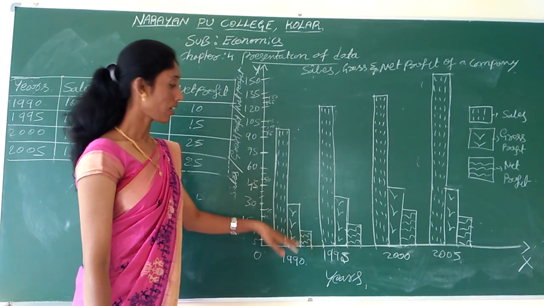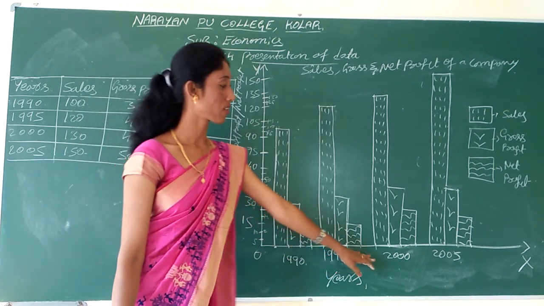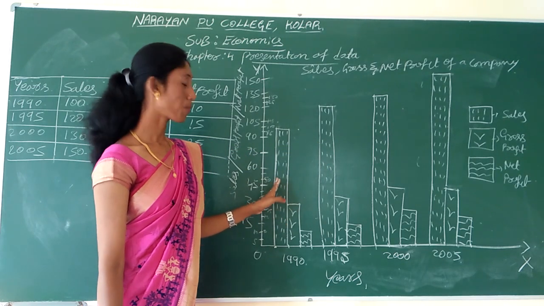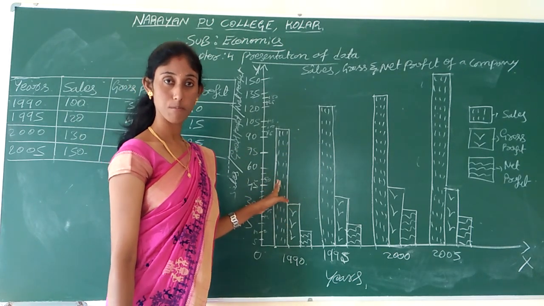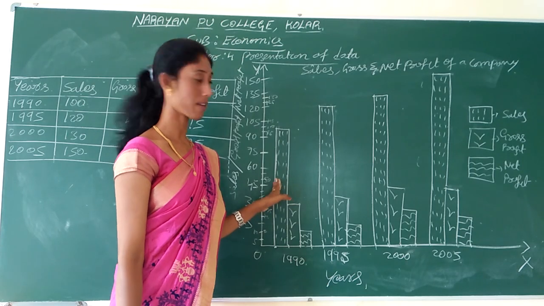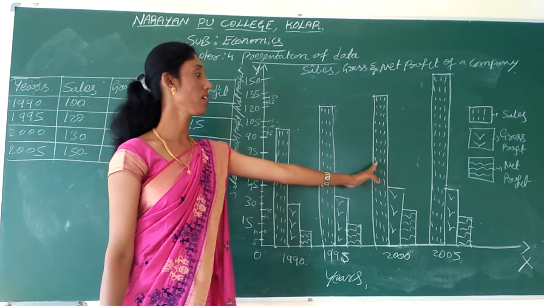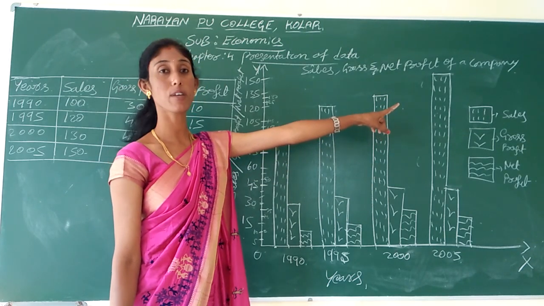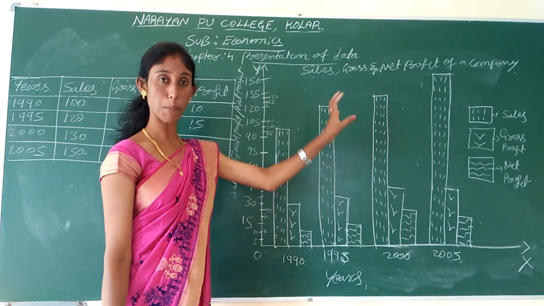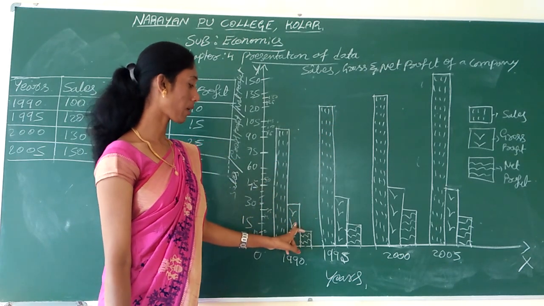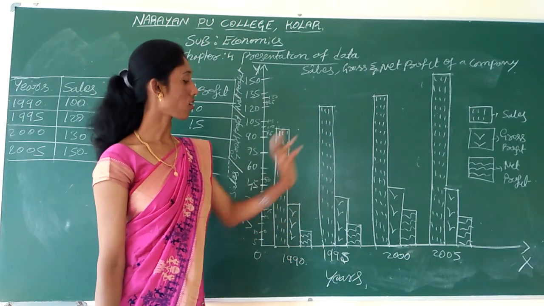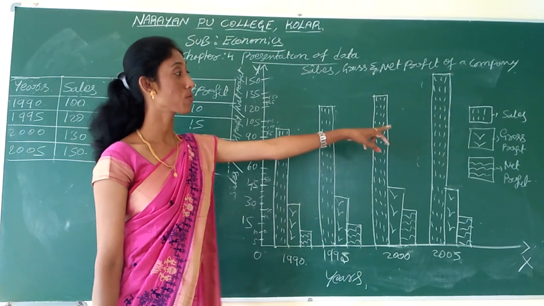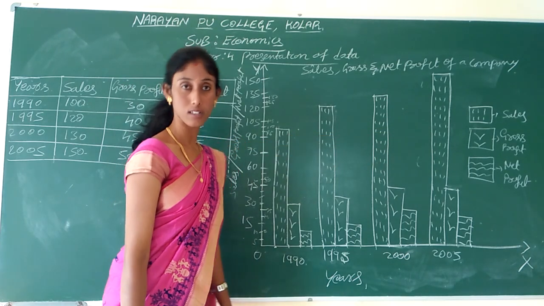Got it? And this continues the same, and we can give different types of shades for each particular variable's bars. Here for the sales bars we have given dotted shades, and what those shades represent will be shown in the sample box. Next, the line shades we have given for the gross profit, and the curves we have given for the net profit, which should be shown in the sample boxes.